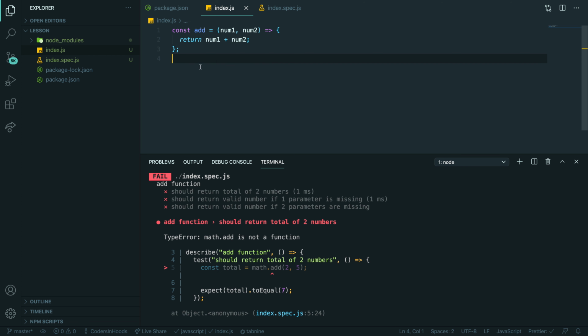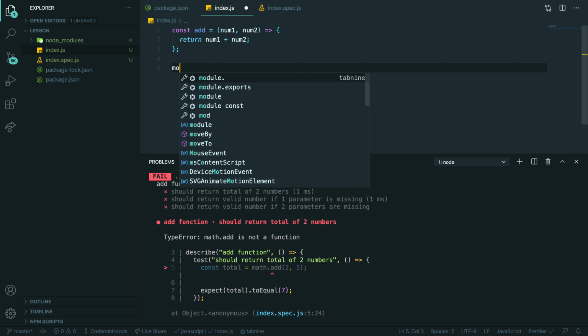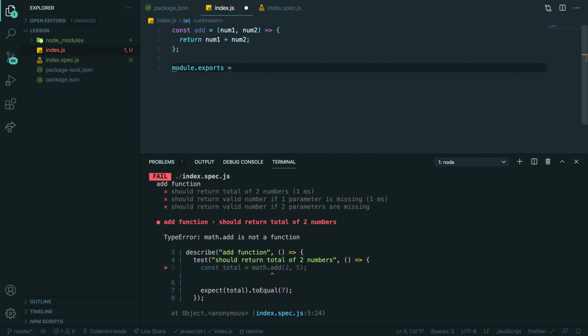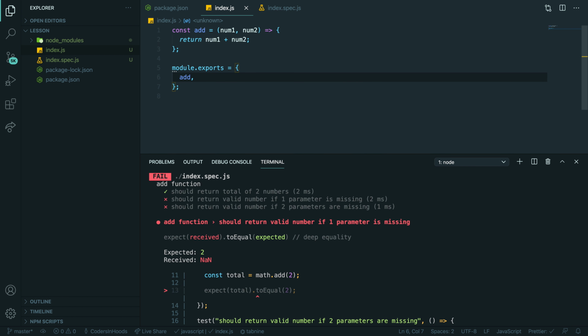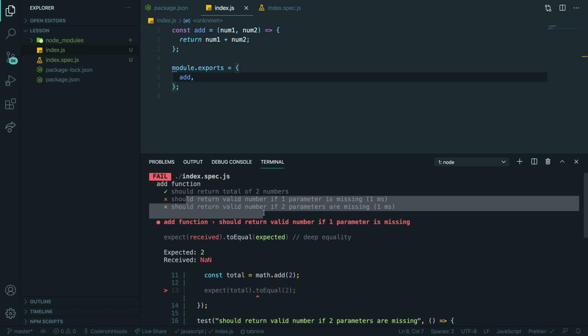Pretty simple function. So let's export the module exports object and add. So look at this. We are actually satisfying the very first test, right? But we're still failing the second and the third tests.